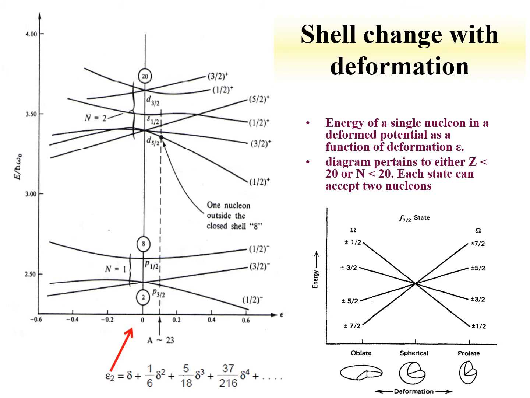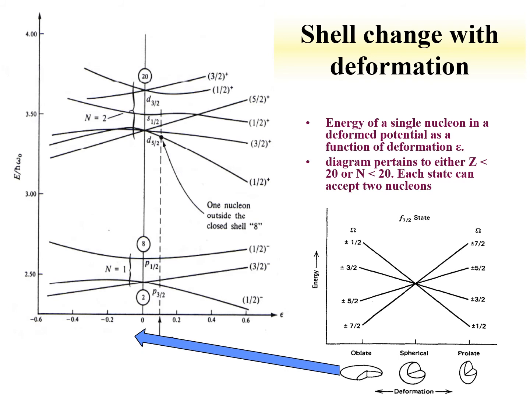This deformation parameter is shown here. The oblate nucleus will have a negative deformation parameter, the prolate nucleus will have a positive deformation parameter, and for a spherical nucleus the deformation parameter will be 0. So fundamentally, what we can do from a very simple point of view is use a Nilsson diagram,